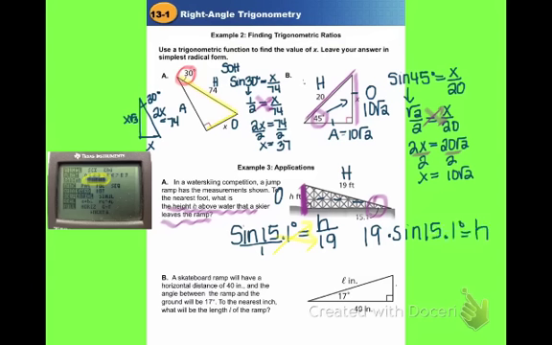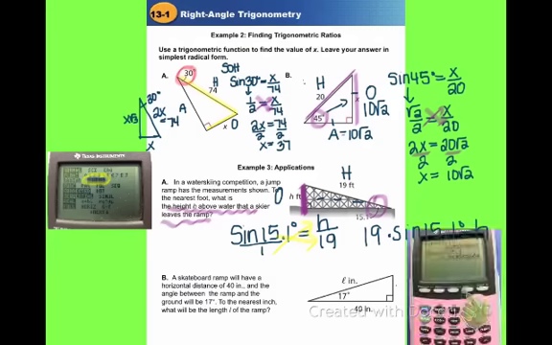So now the last thing I have to do to find out what the actual height of this ramp is from the water level is to calculate what 19 times the sine of 15.1 degrees is. To do that, I just have to type 19, then times, and then I'll locate the sine key on my calculator and hit 15.1. And this is what it looks like on your calculator. You type the 19 in first, then the times, then we hit the sine key, which is right here, and then we type in our 15.1 for our degrees, and when we hit enter, it gives us this number,